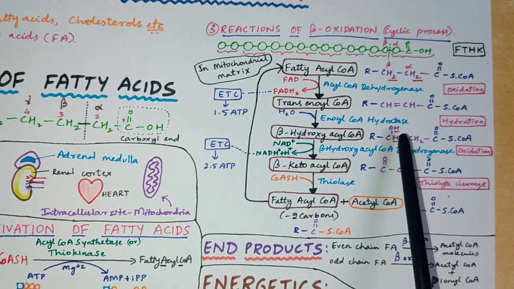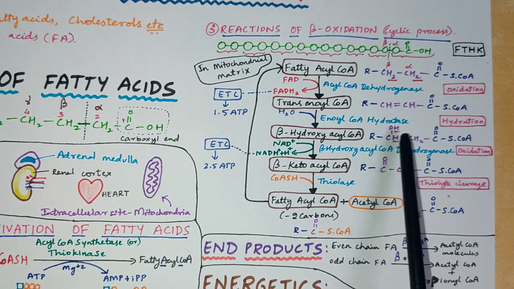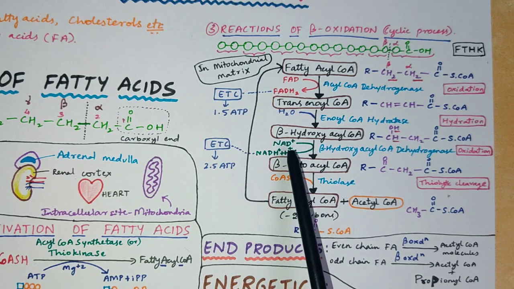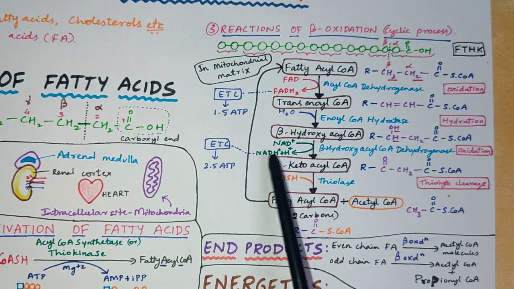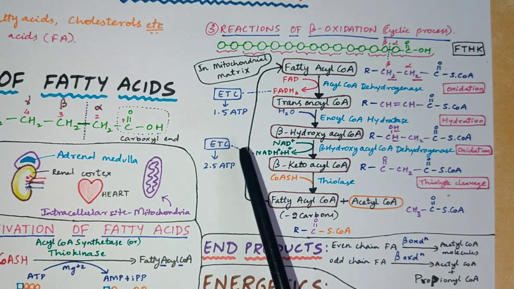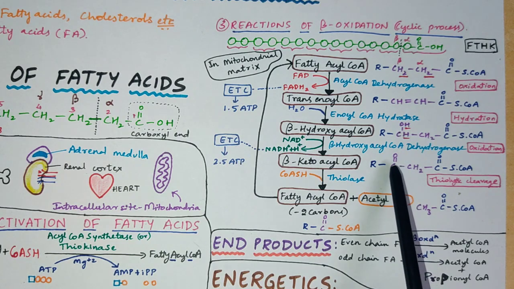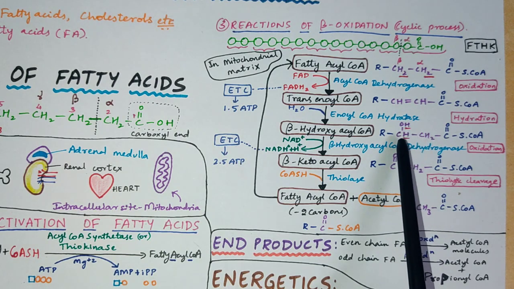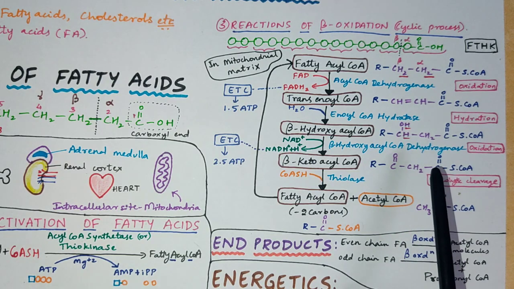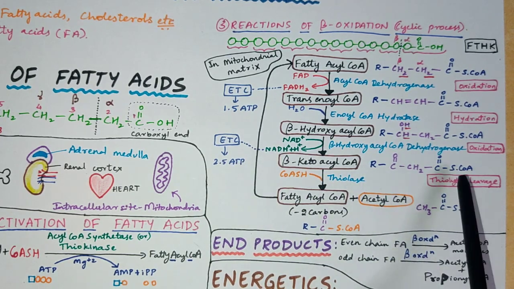So we will take these 2 hydrogens and form a double bond in between them, and in this process, while it gives hydrogen to us, this hydrogen actually goes to NAD to form NADH2, which again moves into the electron transport chain to give us ATP. So in this way, it gives us energy and also hydrogen. Now we have a keto group by removing 2 hydrogens in this beta carbon. So we have taken all the hydrogen which were required for us to generate ATP, and now we'll break this molecule into 2 parts.